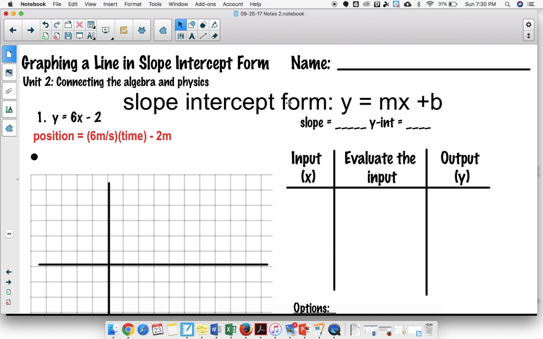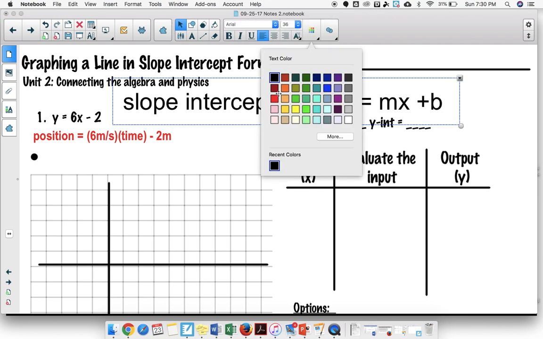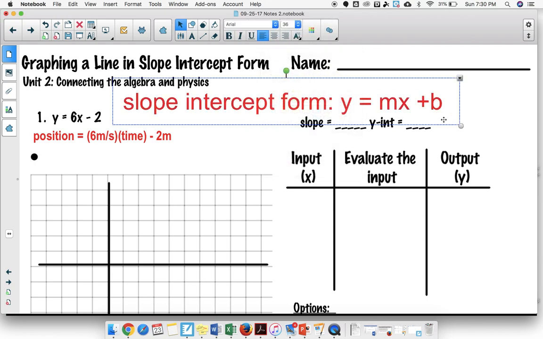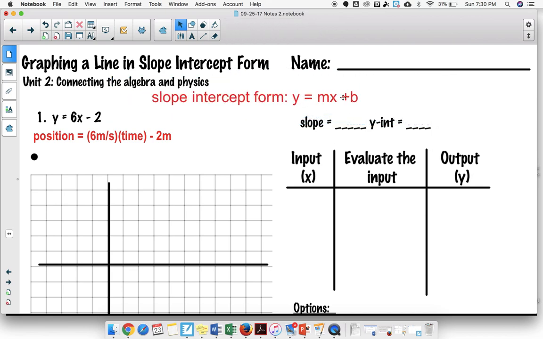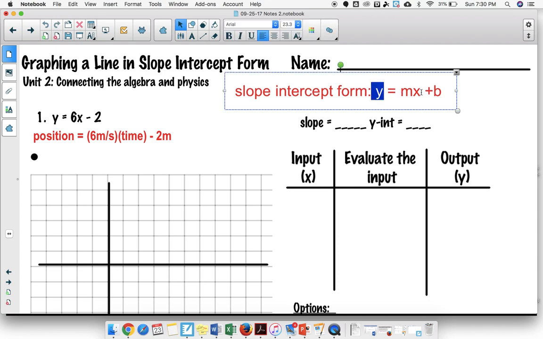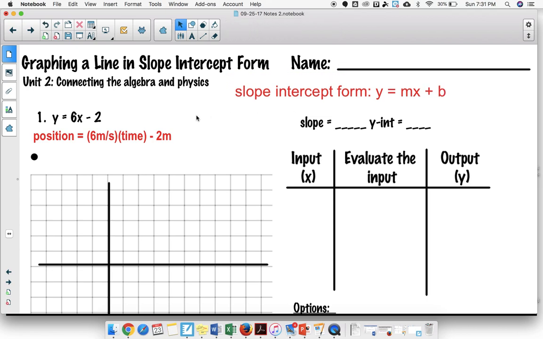It's really the same thing you've been doing in physics. It's just that mathematicians do it more generally, and physicists make it really specific to the example they're working on. So notice y is our dependent variable, m is our slope, x is our independent variable, and b is the y-intercept. You can see the way this is set up really matches the physics models we've been working with for position and time. So let's just say